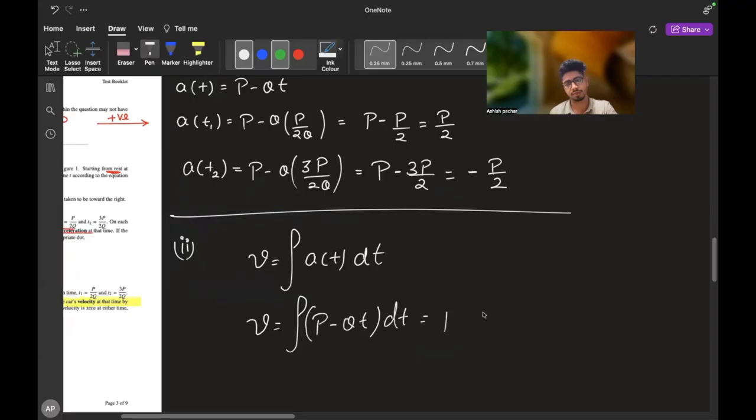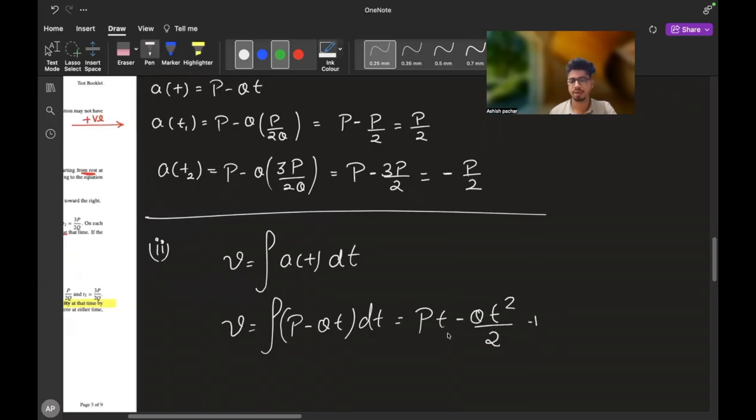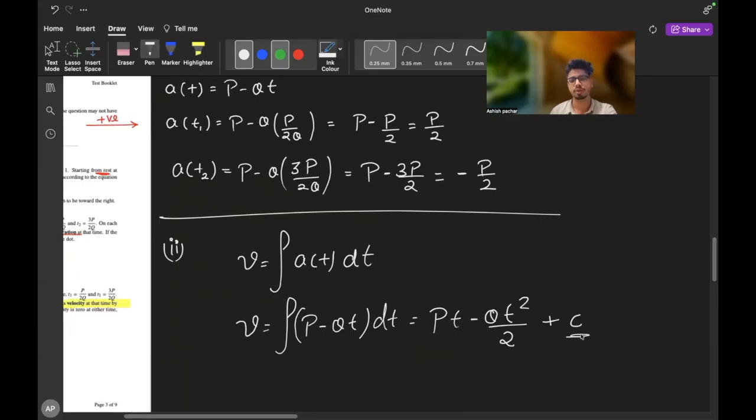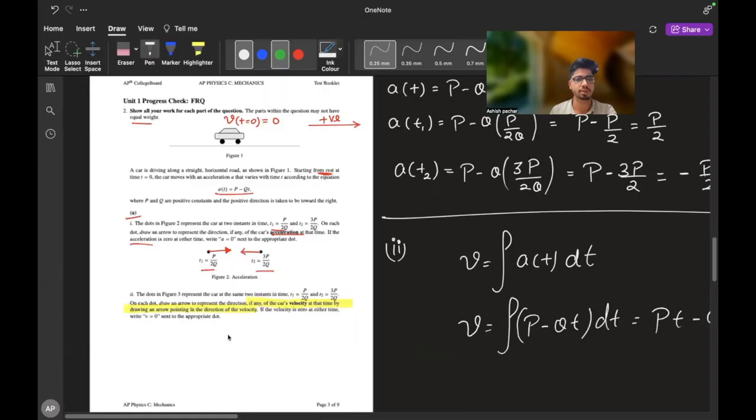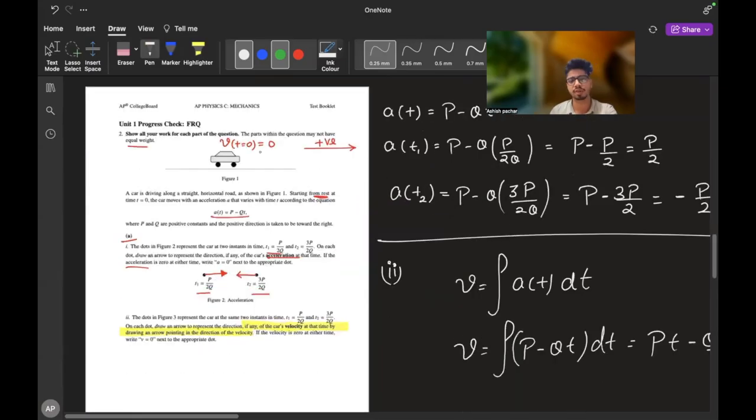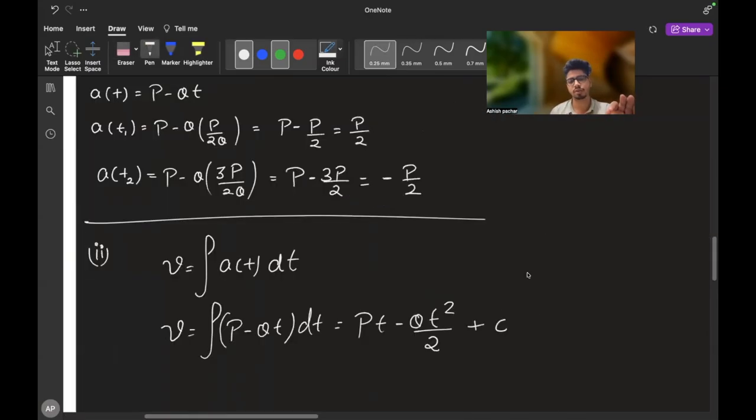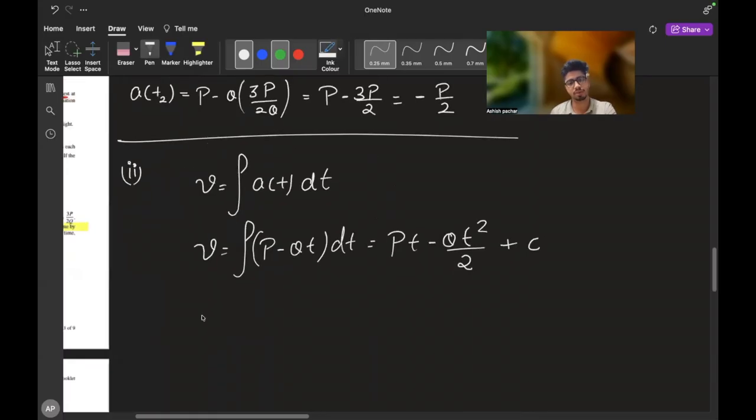This is pt minus qt square by 2. And you can put the constant c, but as we discussed before, when the time is 0, the initial velocity is 0. So the constant c is 0, because when the time is 0,